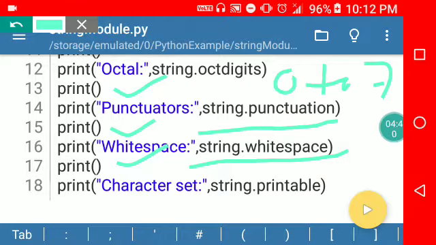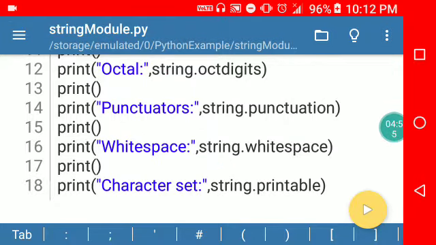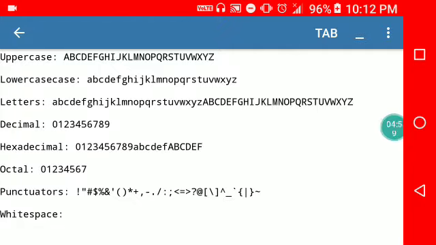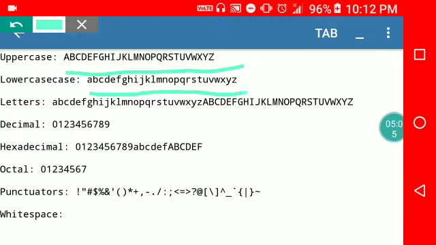And the last one is string printable. This command will print numbers, uppercase letters, lowercase letters, and symbols. See the output of this code. This is the uppercase A to Z. This is the lowercase a to z.